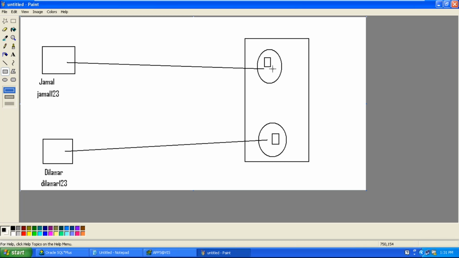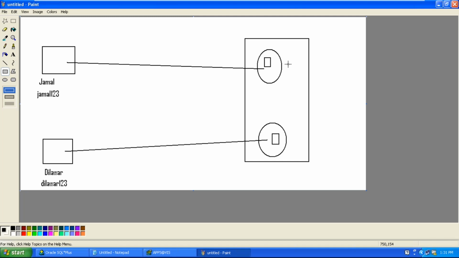When both of you are working on the AR module, the point is how you are connecting to the database. Are both of you connecting with the same username and password, or separate ones? Here in our case, we have only one apps login. That means we are on one schema. When both of you are connected to the apps schema, Jamal is connecting with username apps, and Dilawar, you are also connecting to the apps schema.